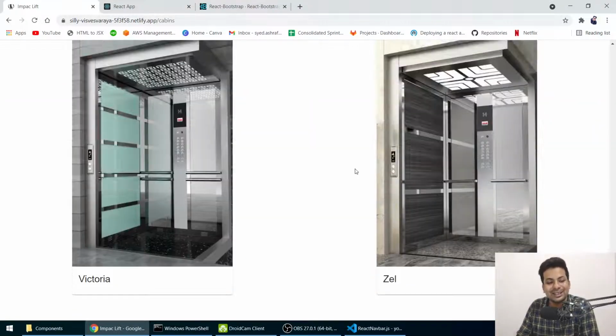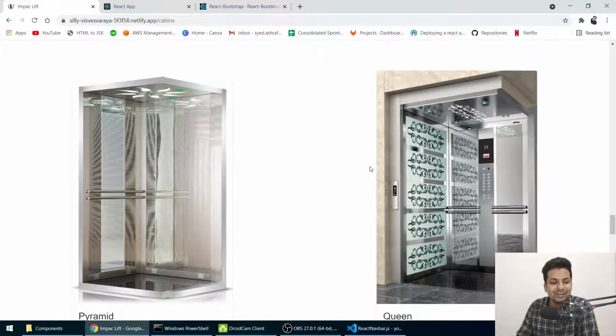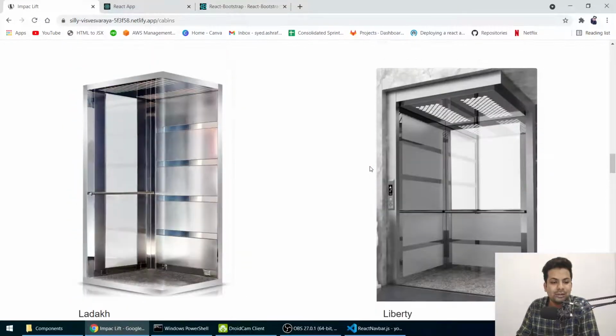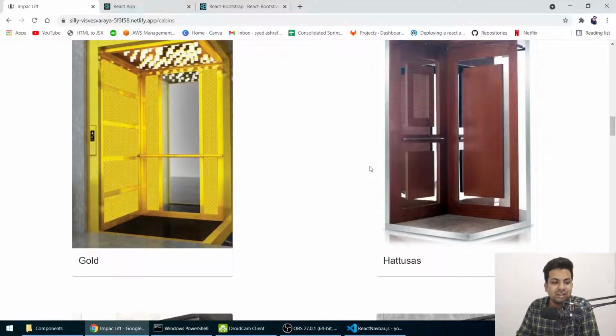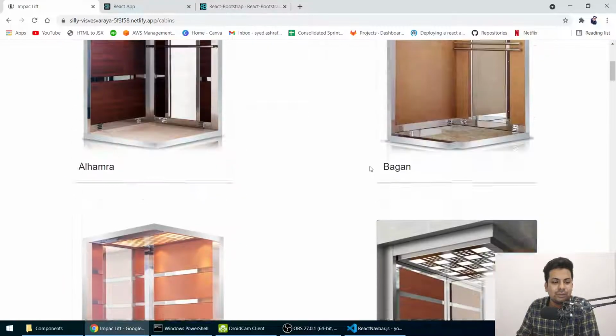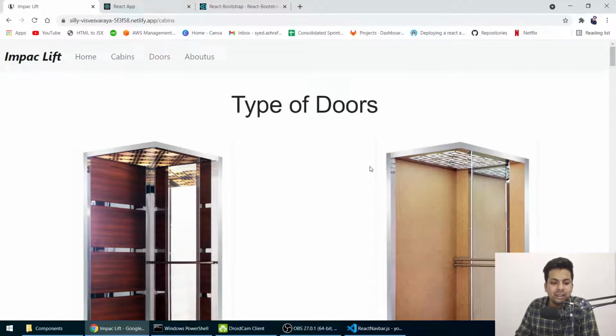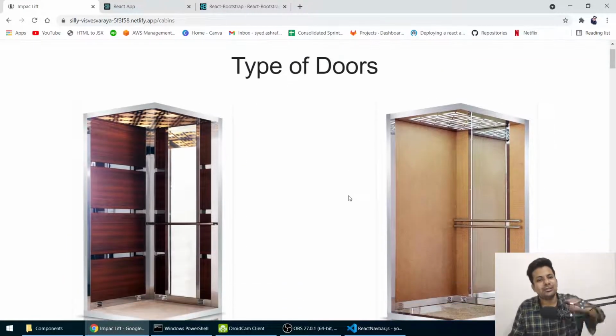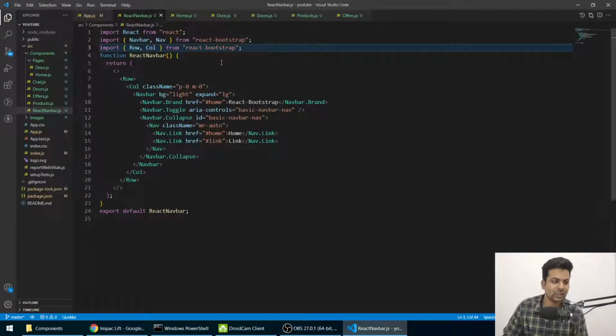Like, you write 2, 4, 6, 8, 10, 12, 14, 16, 18, 20, 24. Okay, so you write 24 import statements, then 24 images' names in an array, then their titles. That would be so much. So that's why there's another way. Let me just make a new component page.